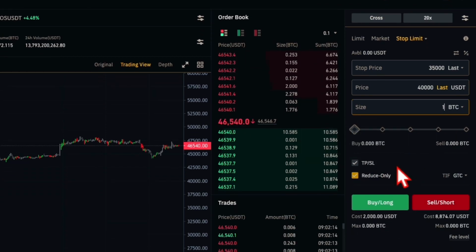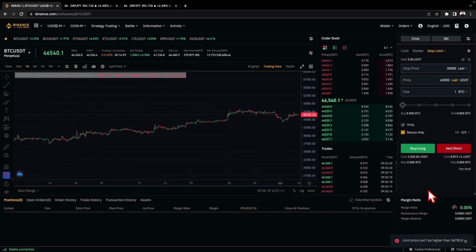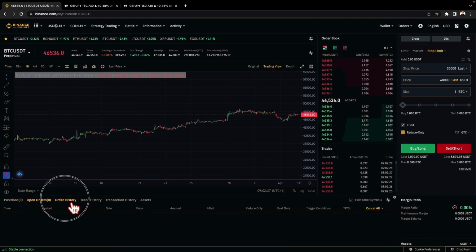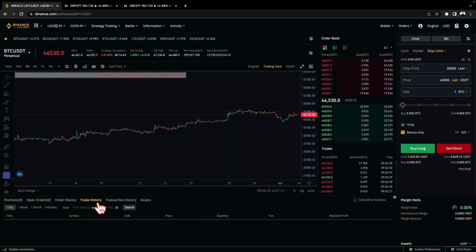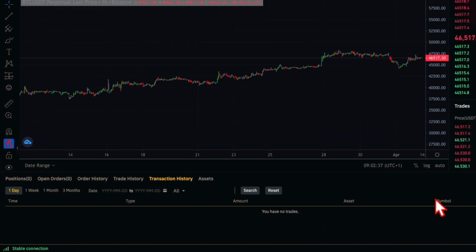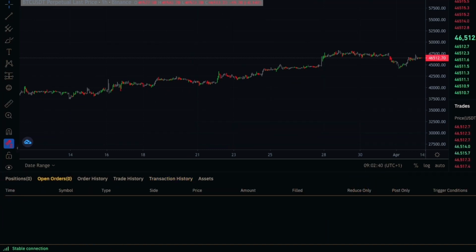The take profit and the stop loss work the same way as I explained earlier. Then you click on buy long. If you click on buy long and I don't have the amount in my account, it won't go through. If not, it will open here to show me my open positions, my open orders, the history I've done before, the trade history, transaction history, and several other items that you are seeing here. It will show me the price, the time I bought it, the amount, the symbol. That's what we show here for you.